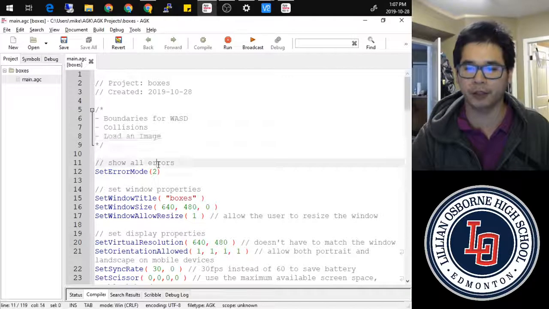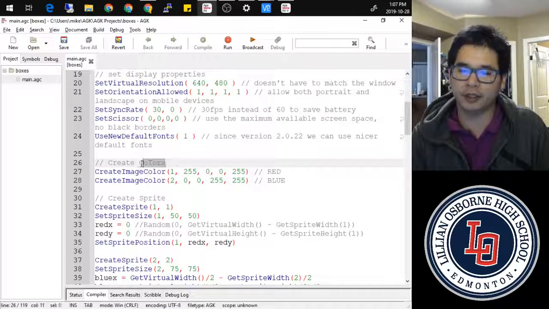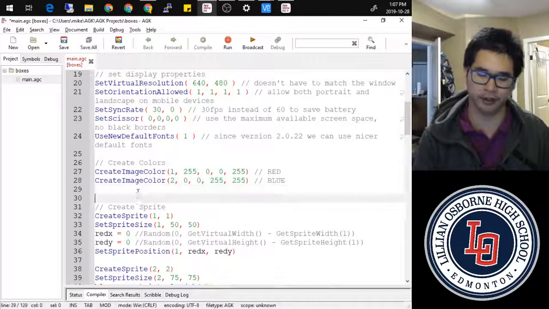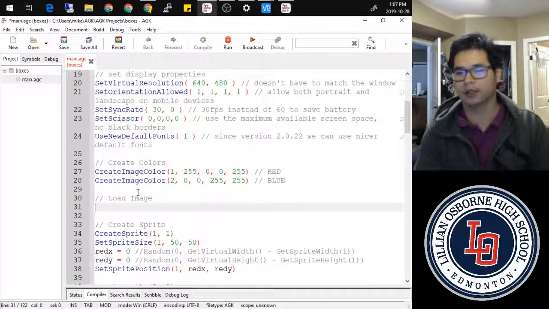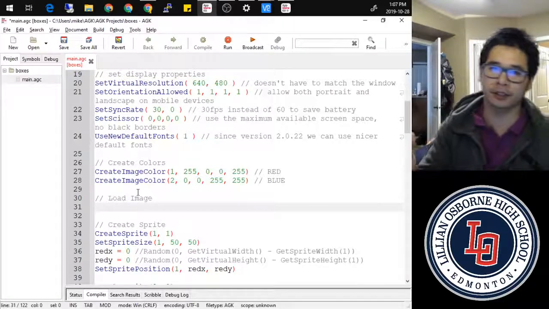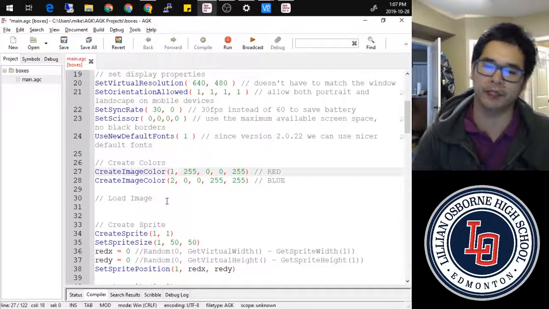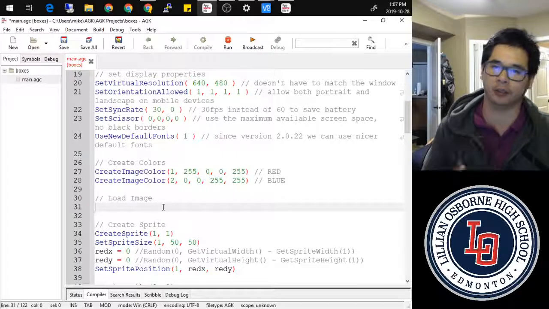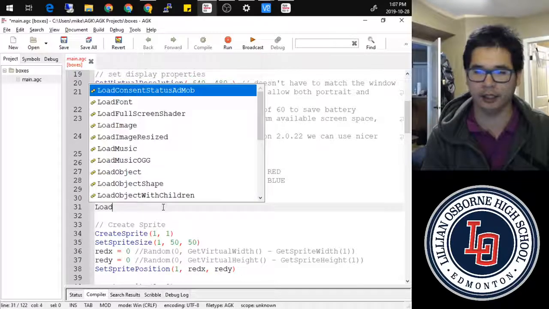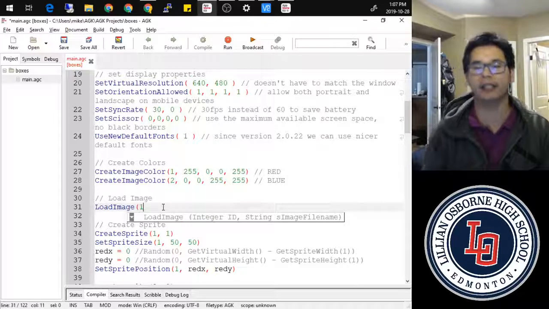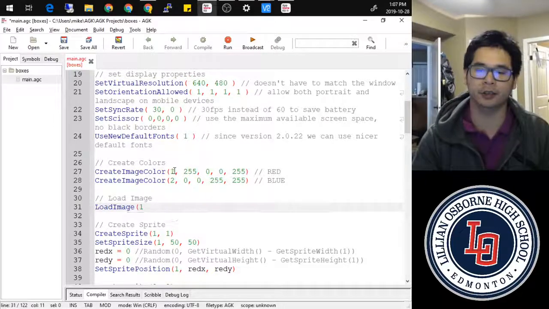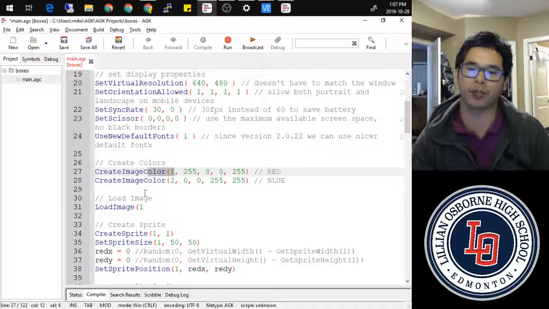How we go about that is we still have our create image colors right below this. This is where I'm going to put load image. I want to put it near my colors because my colors and my image will share the same integer number values. So when I load an image and choose an integer value, I can't choose 1 because 1 is already being used for our red image color.